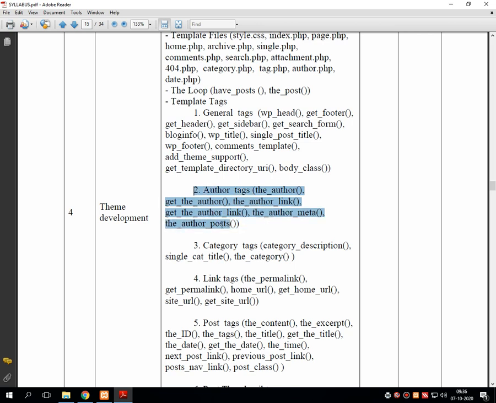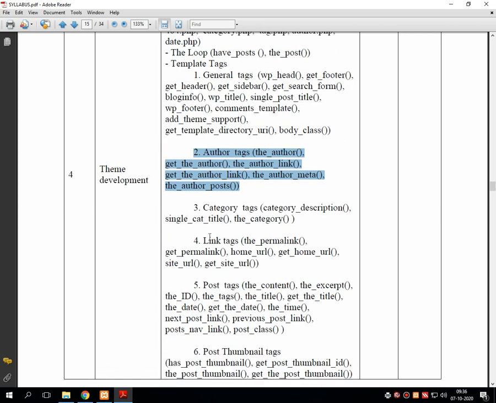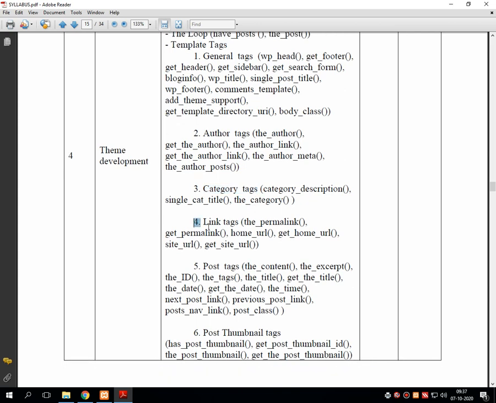After the successful completion of bunch number 2, we'll go for bunch number 3. All these are related to categories, that is category_description, single_category_title, the_category.